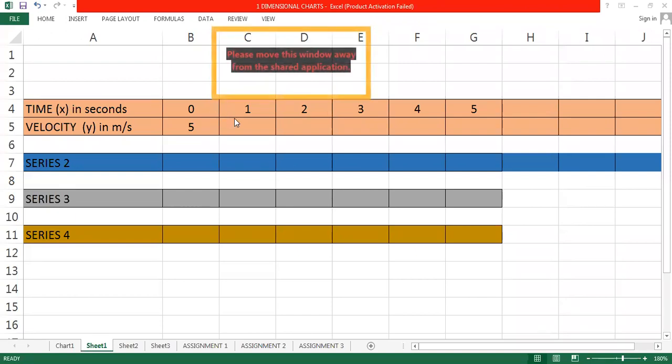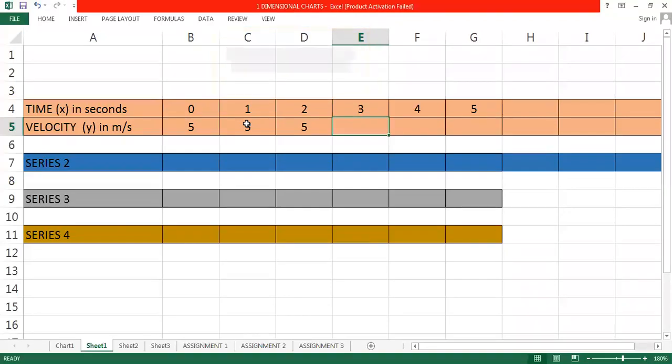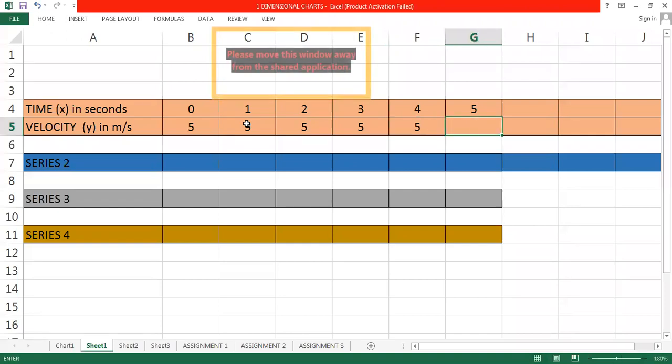Okay. So after 1 second, what will be the velocity? Obviously, the velocity is not changing. So after 1 second, the velocity will still be 5. And after 2 seconds, the velocity will still be 5 because the velocity is constant. The velocity is uniform. The object is already in motion with a velocity of 5 meters per second. After 3 seconds, it's still going to be 5. After 4 seconds, 5. After 5 seconds, 5. Yes, because the object is moving. Understand? Those who have given the answer as 10, you are assuming displacement.